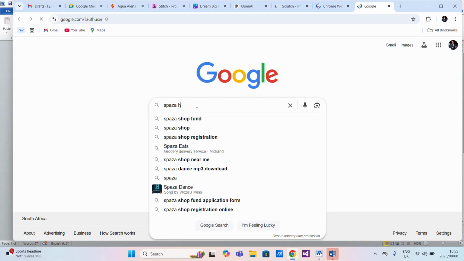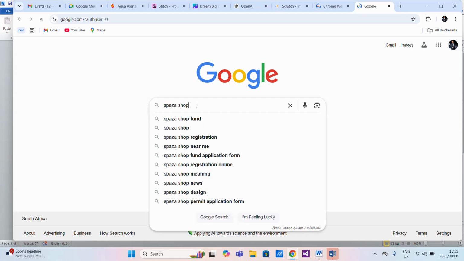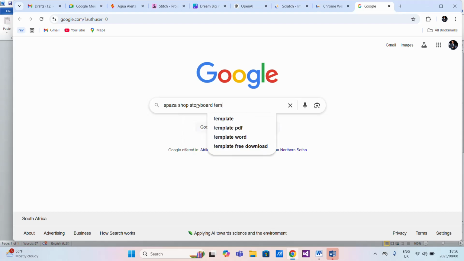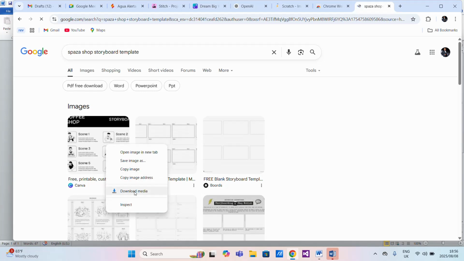Spaza shop story board template. You can go for a PDF template so that you can edit it nicely the way you will be happy. Yeah, but myself on my side,